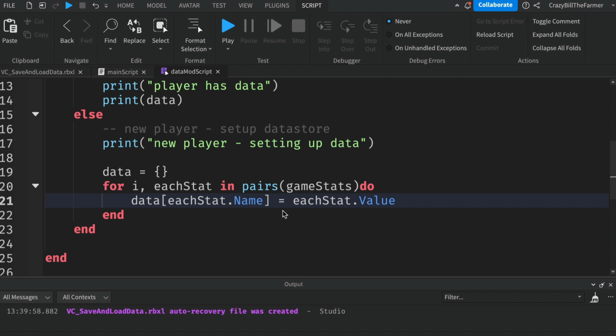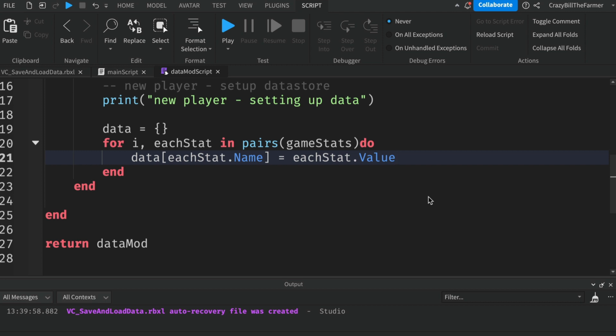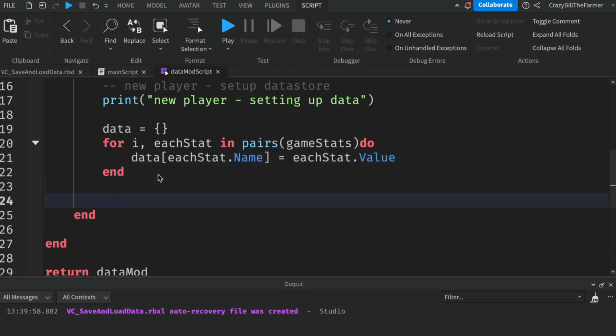Now you could run this, however you're going to get errors just at the moment, so just hold off in case you want to test, and I'll explain why we'll get errors very shortly. We'll just finish this section first, and then we'll get set up to do some testing. However, for each stat that is inside of this folder, this will add this into this table here. Now, right below that, at the end of the for, hit enter a couple of times,